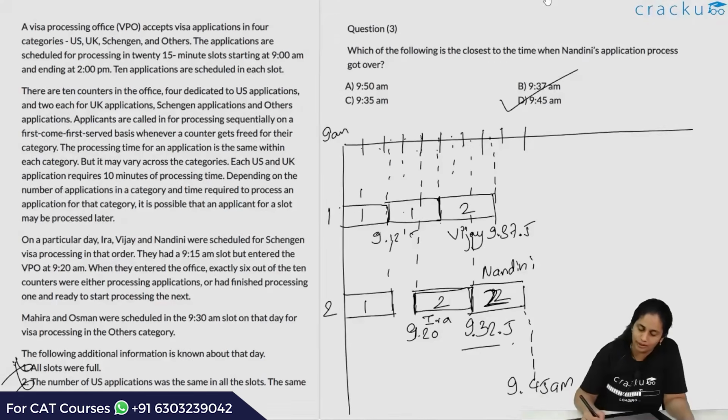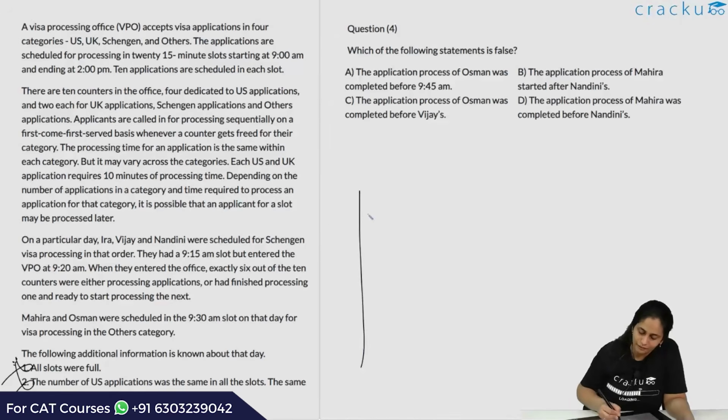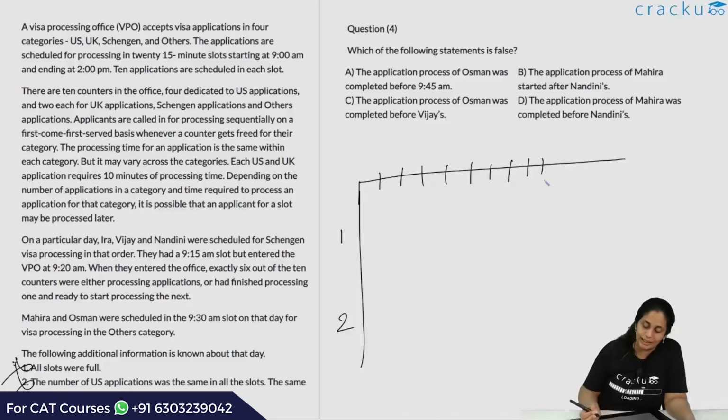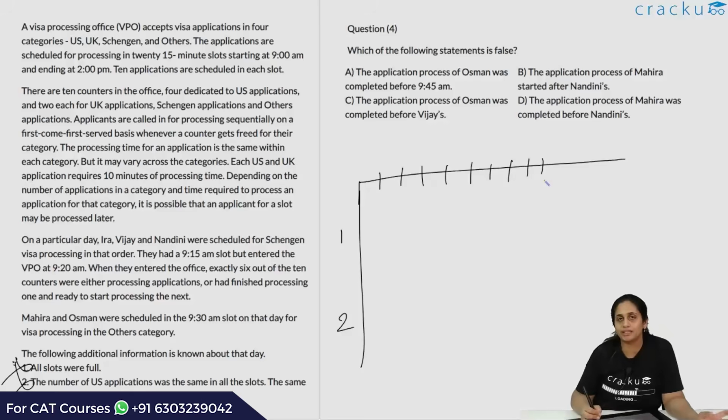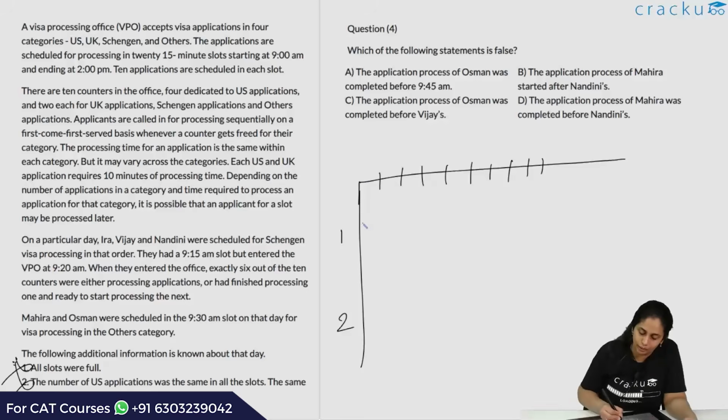So actually I'll draw it out over here. For others, each process is at max 5 minutes. So this is counter 1, this is counter 2, each tick is say 5 minutes. It need not even be 5 minutes, it is at max 5 minutes. Even the application processing time can be even 1 minute. So over here at 9 o'clock you get 2 applications, and at max by 9:05 you are done.